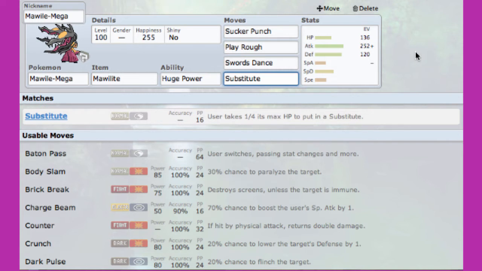condition type of move, like a paralyze or a burn or something like that. They go for something like that or try to confuse you. You have the sub up there, and that kind of works really well with the Sucker Punch, because when you